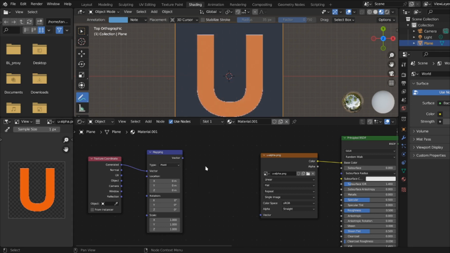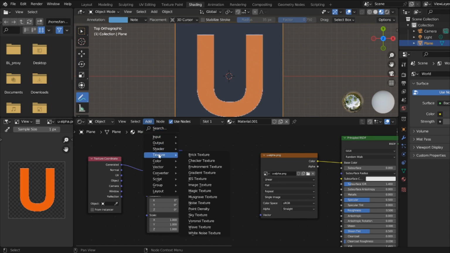I always want to go down the texture list. I'm not going to use the environment texture. I don't use that much. I only use gradient. I'm going to use the main one. I already have an image. The main texture that we use a lot in Blender. Magic texture. And before I hook it up there,